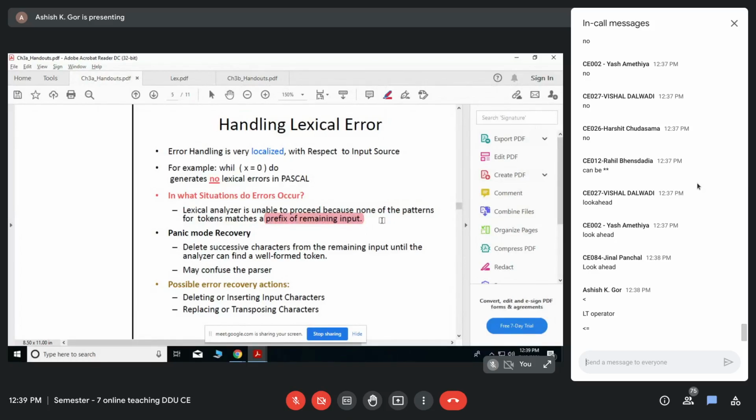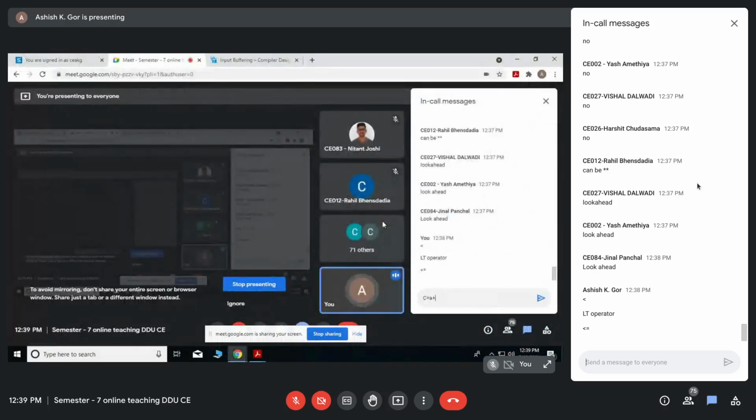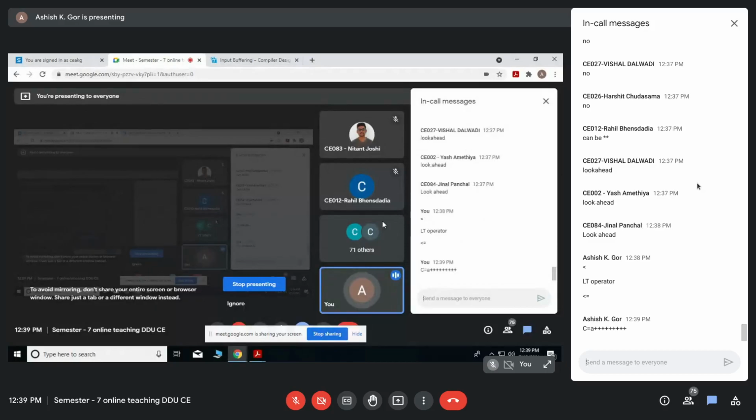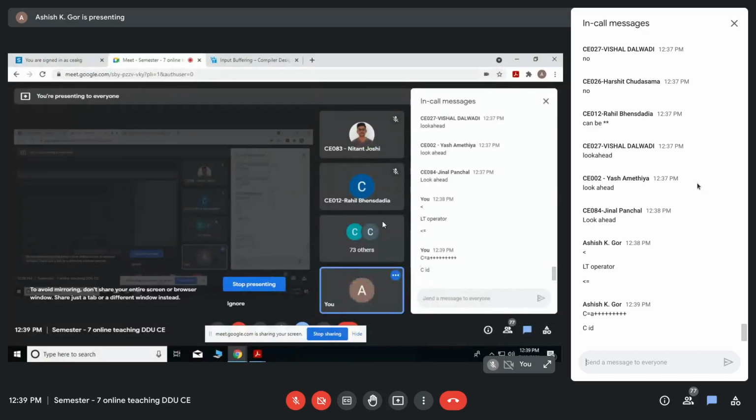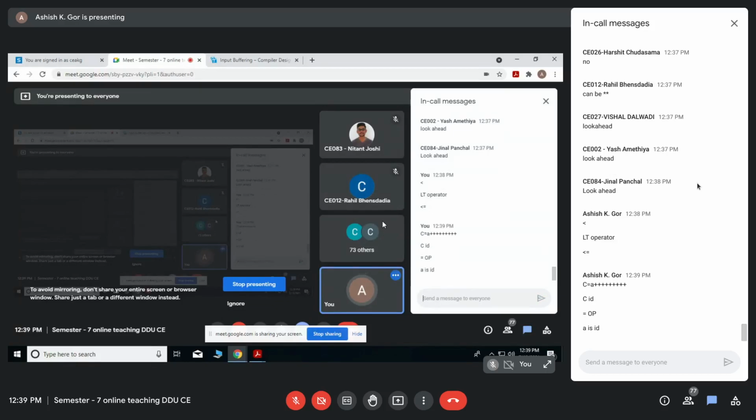Okay, so for example, suppose I write like this: C is equal to A, then plus plus plus plus plus plus plus kind of thing. You know it is not correct, but the lexical analyzer will not just give you a stopping criterion at just this. First, it will say the identifier is C. C is an identifier; it will be extracted. Then equals to is an operator; it will find it. Then A is an identifier; that is also going to be checked after seeing plus. But then plus plus plus plus plus plus many times.